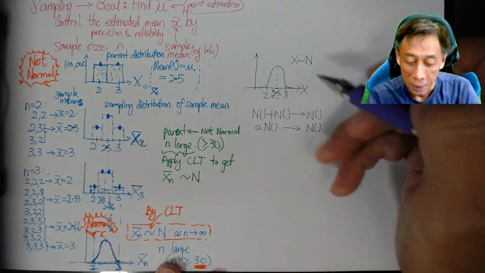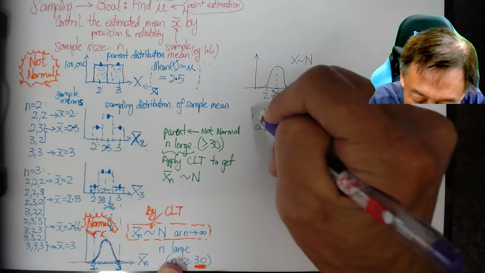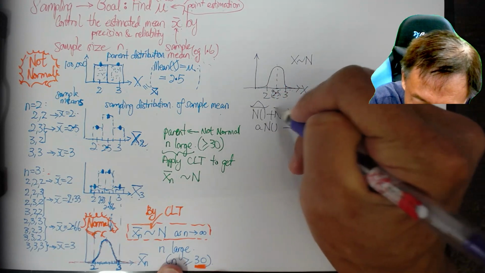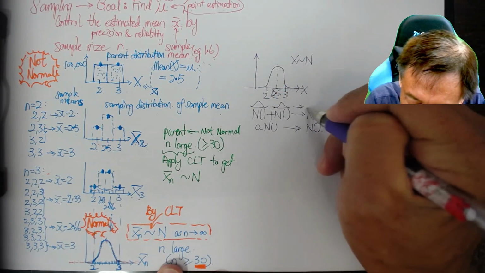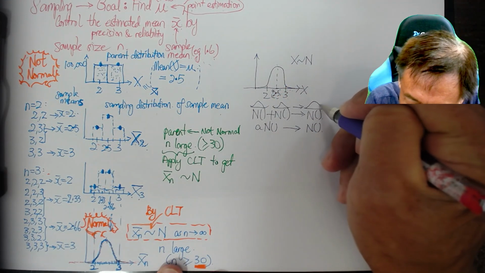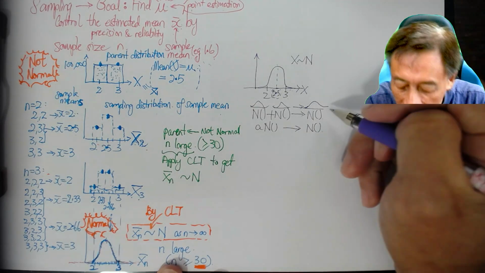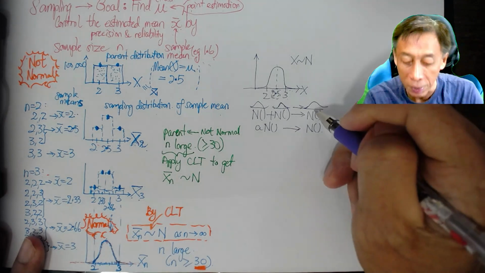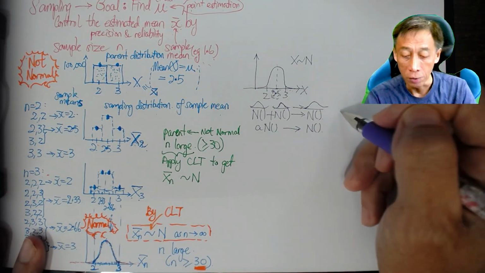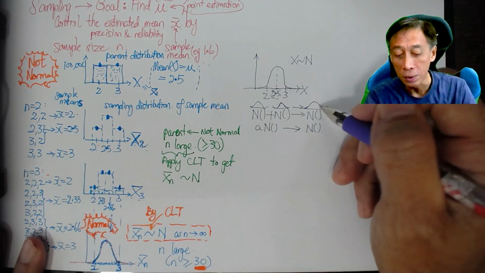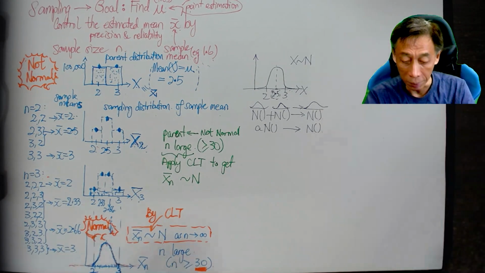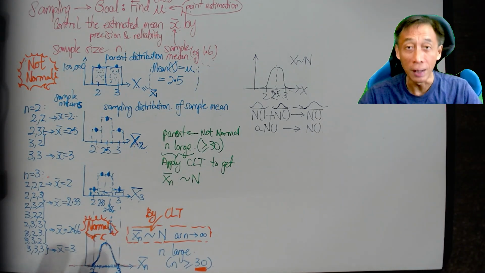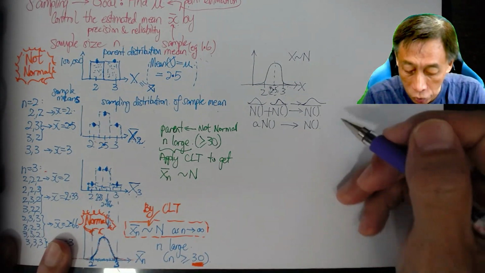In other words, remember these are pictures, right? So we have a picture, a normal plus a normal gives rise to another, perhaps slightly differently shaped normal curve, but it's normal. So maybe the mean is shifted to the right, and the shape may be a bit flatter,